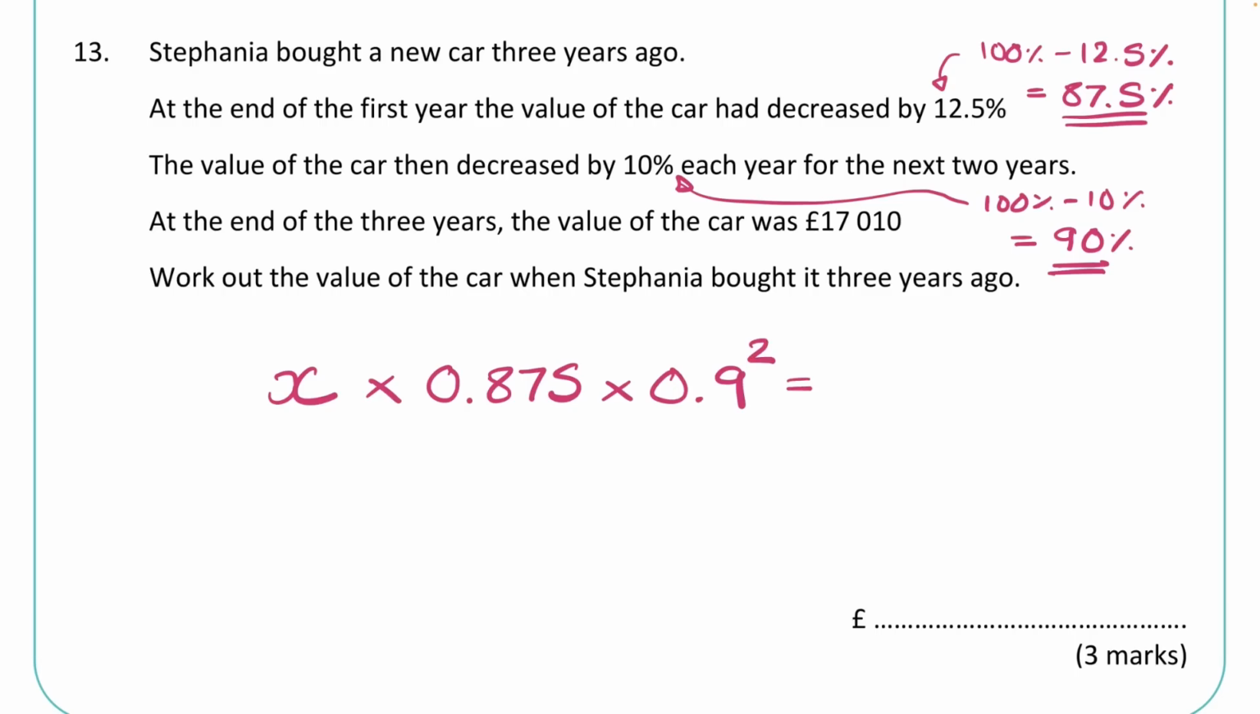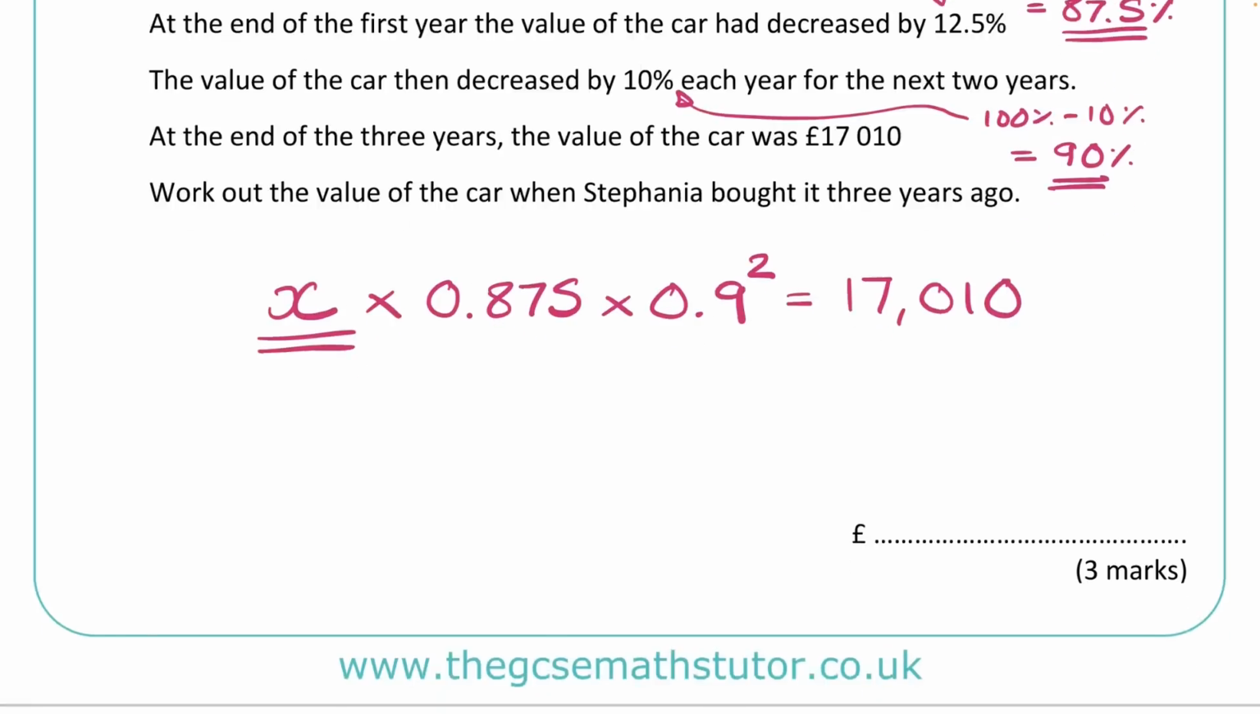Now, it tells us the answer for that is £17,010. But we want to work out what this original amount was that we were multiplying everything by. So in order to work this out, we can either divide all these pieces over in multiple steps, or we could just do it all in one step. So I could divide both sides by 0.875 and divide by 0.9 squared, and we can do that all in one jump, which would leave me with x is equal to